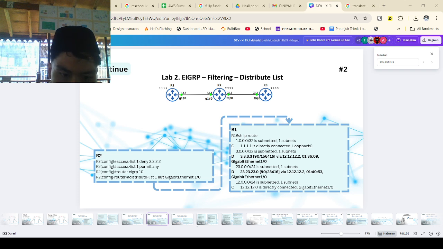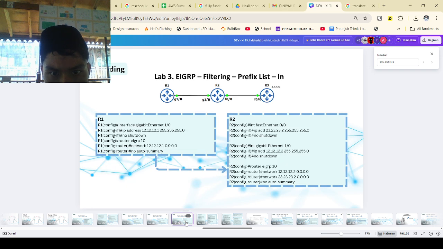So next slide, the filtering prefix list.